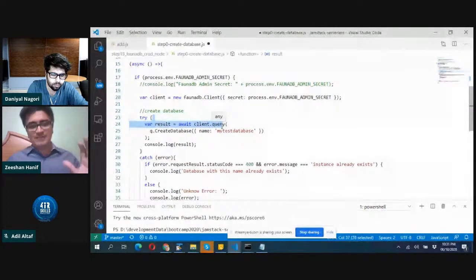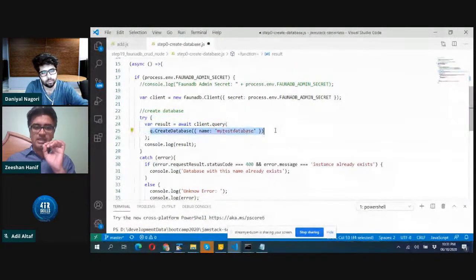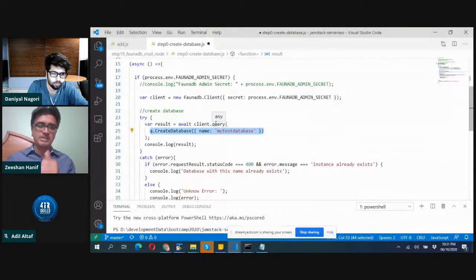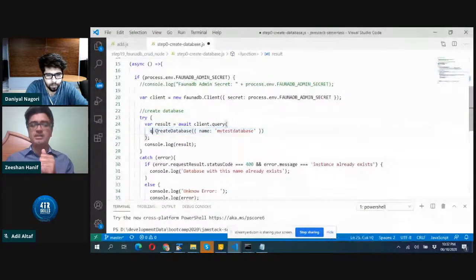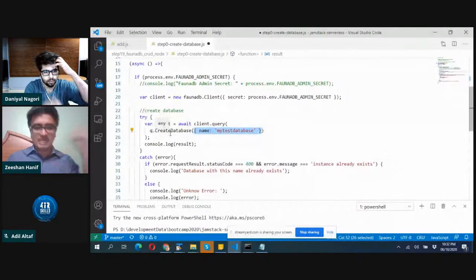All the queries that we'll be calling, whether creating the database, collections, adding or updating, anything we do, we'll be calling a function and passing it inside client.query. That's our main function, client.query, and we'll be calling functions inside it. You can see q.CreateDatabase in round brackets, and inside that we pass the name of a database. So what this code does is it creates a database using the